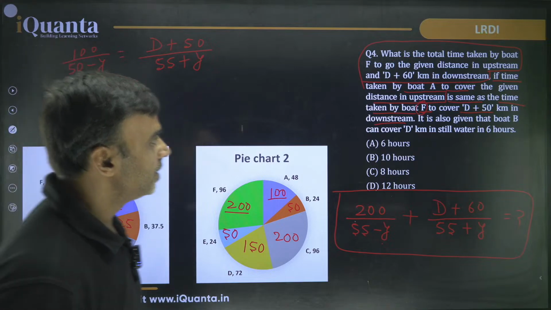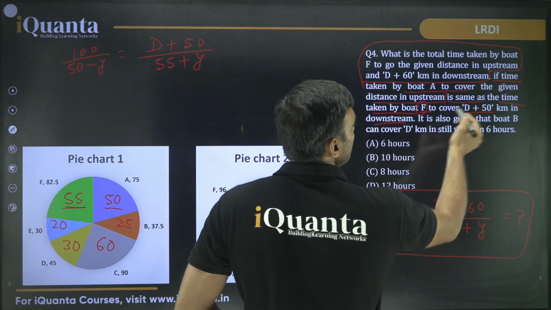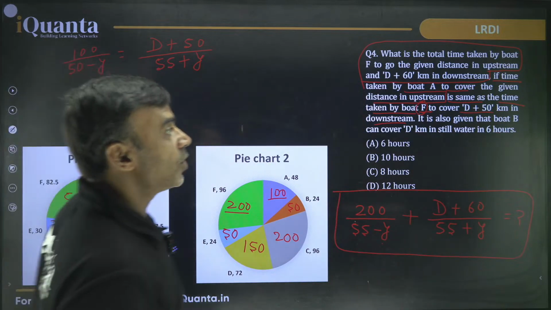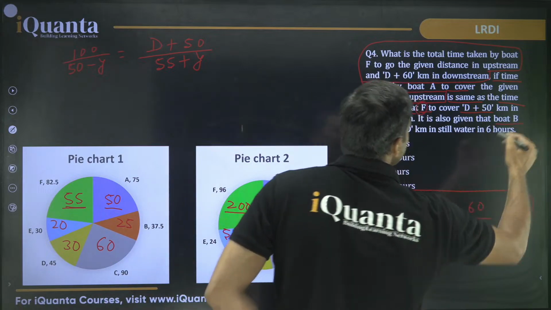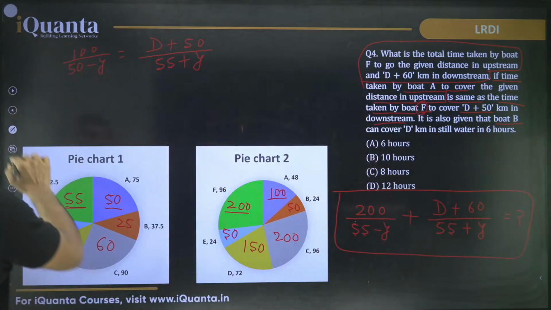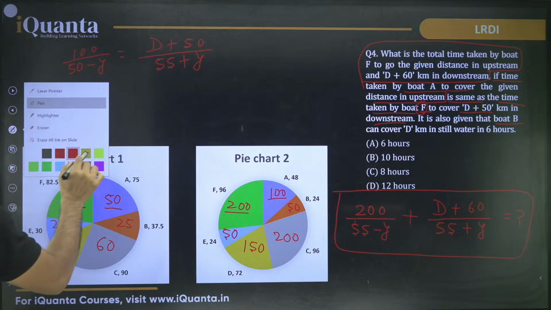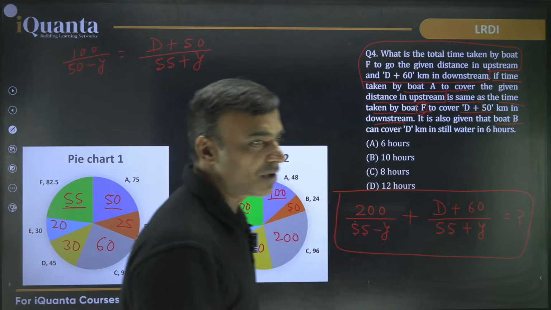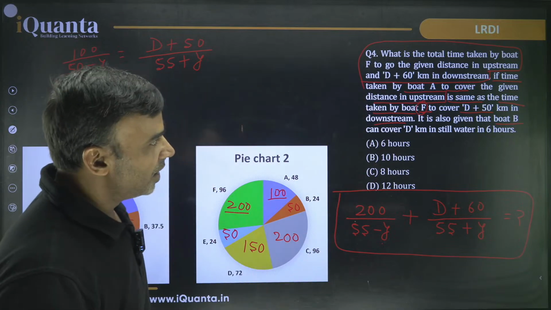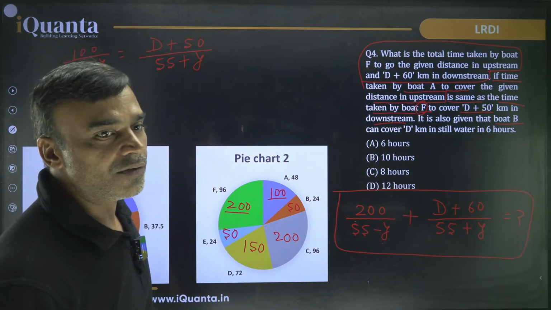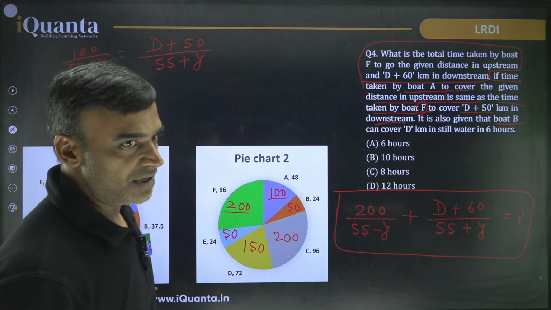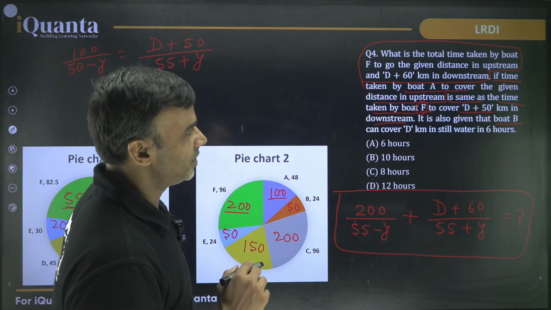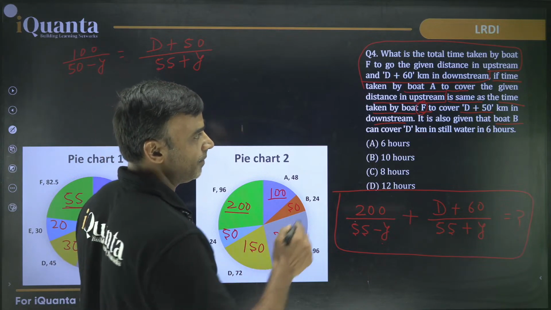Is it clear? Look carefully, here it is 60, here it is 50. Very carefully you have to do that. It is also given that boat B, oh my, another new one has come. Yes? Are you guys with me? Are you guys with the question? You need patience. You cannot solve DI like watching reels. Never expect that. And if somebody tells you that it will happen like that, then that is big trouble. Be careful of that.